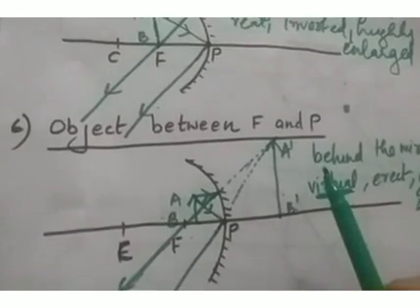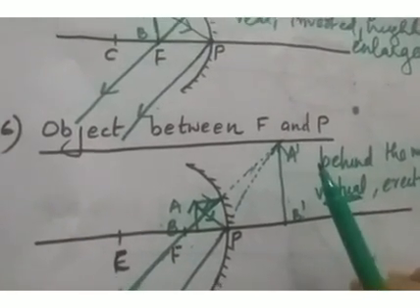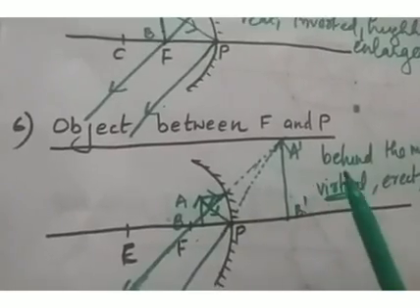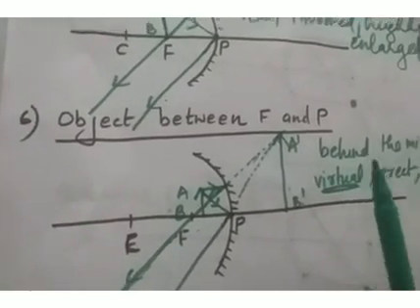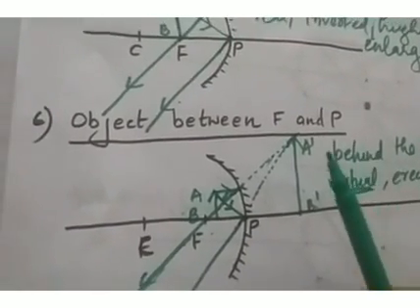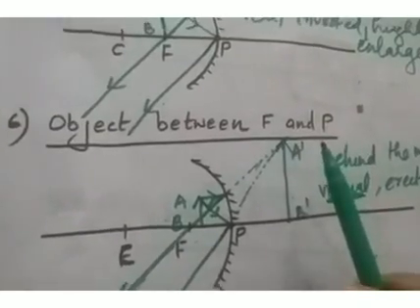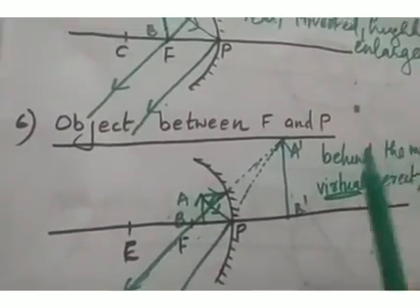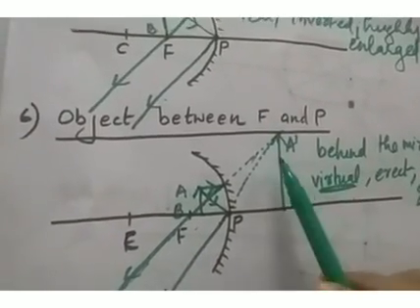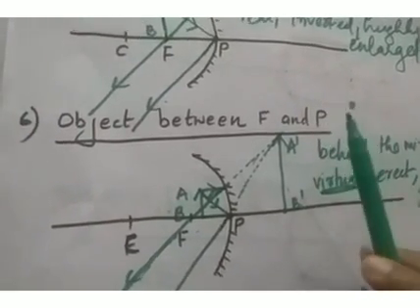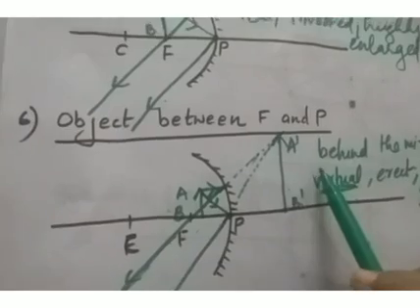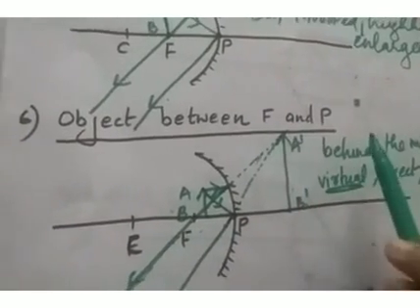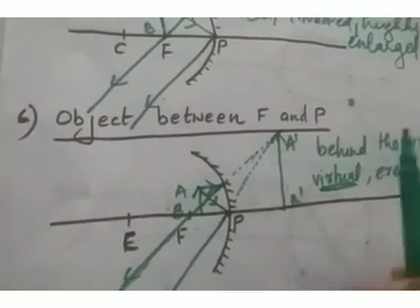A concave mirror can produce same sized image. Concave mirror can also produce enlarged image, isn't it? So concave mirror can produce diminished image, same sized image and enlarged image. Based on that, the applications of concave mirror is also very wide. So we will discuss more about the applications of the concave and convex mirror in the next session.